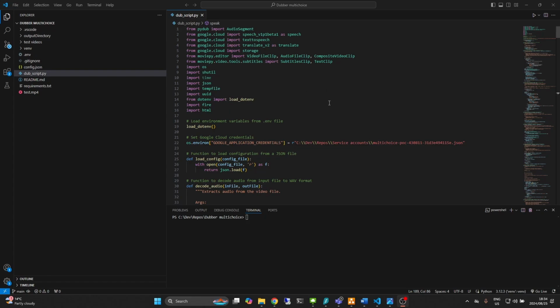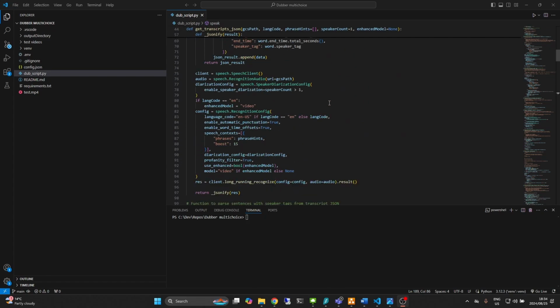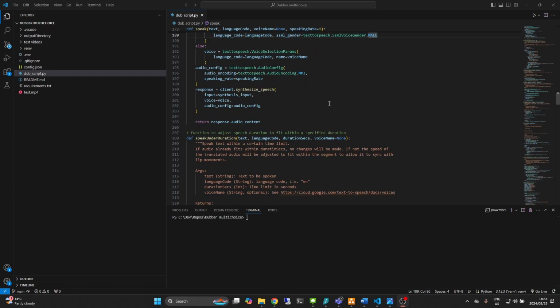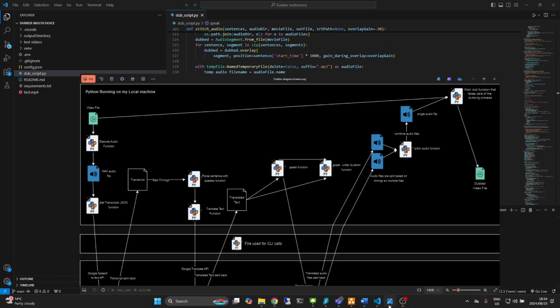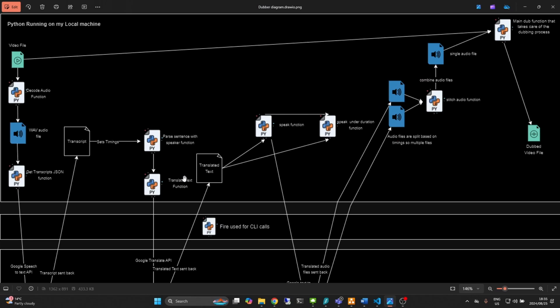Okay, so this is the main code. It's a Python script that does all the magic, but I'm going to rather show it to you in terms of a diagram so you can understand what's happening in each step of the process. So we've got a video file that we feed in. The first function decodes the audio, so it strips out the audio from the file in a wave format,